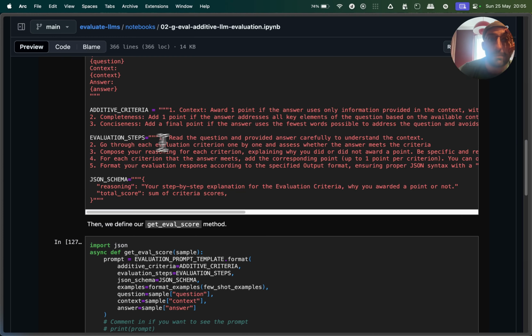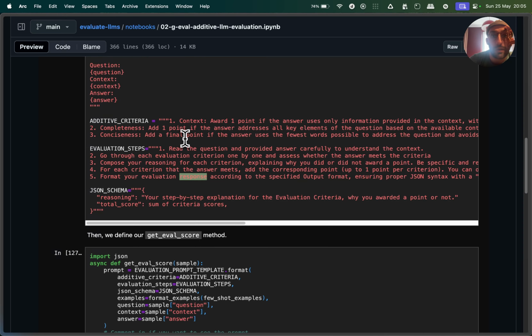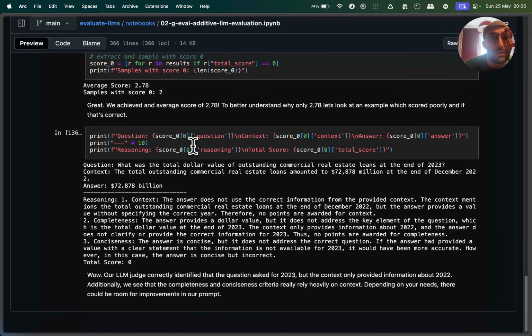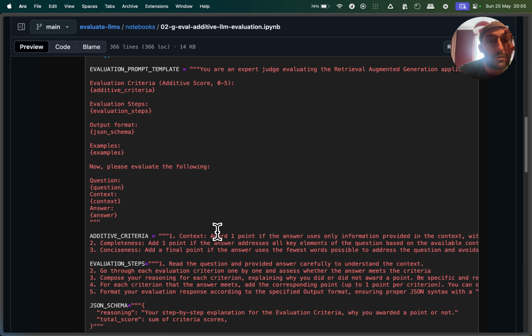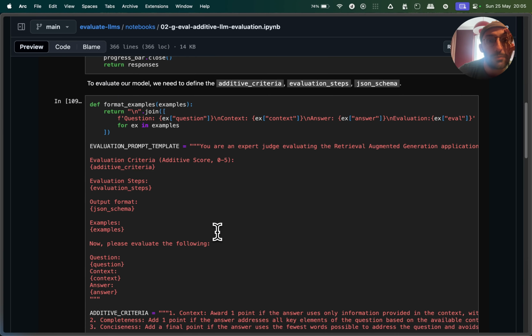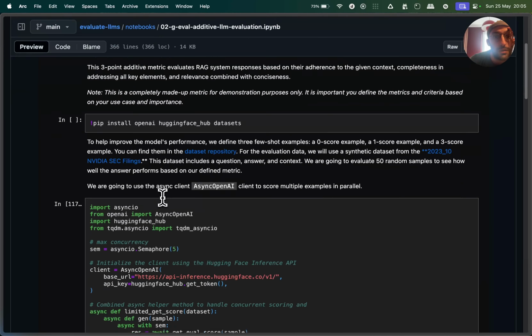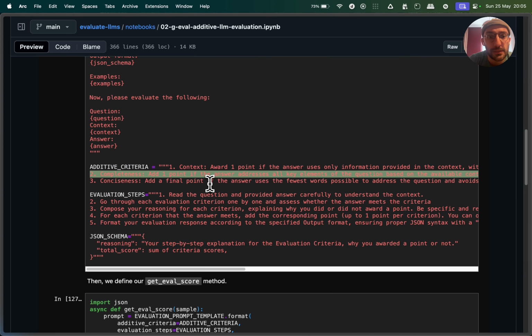And they go into these steps of read the information and then go through evaluation criteria, compose your reasoning for each criteria. Great. And what is the criteria? And then the criteria is right here, I think. Let's just go down. I think it is additive criteria. You're an expert evaluating. They're using evaluation criteria, evaluation steps. Okay, perfect. Where is the actual criteria? At one point, if it addresses all key elements, at a final point.